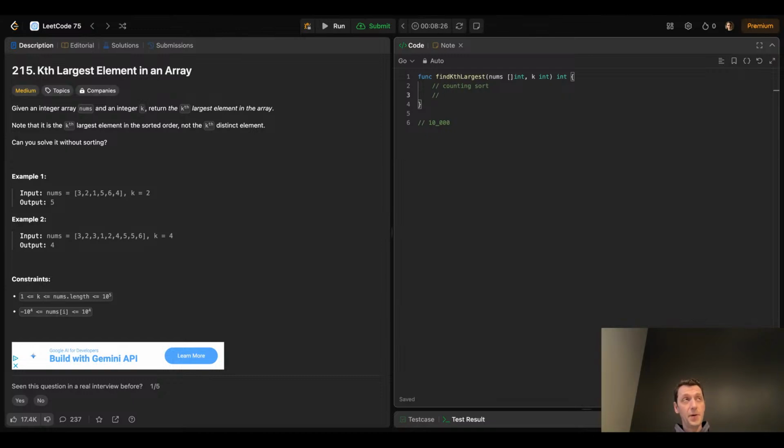We fill it up first, but then what's the word when you rebuild it, I forgot the word, but